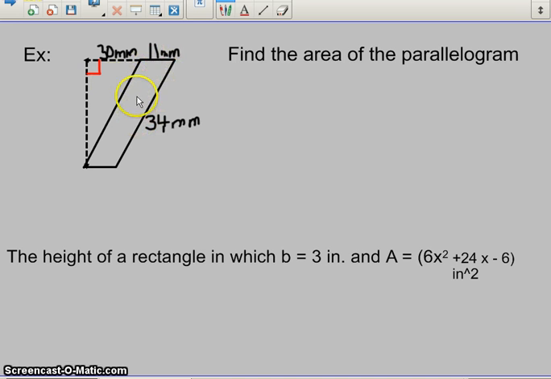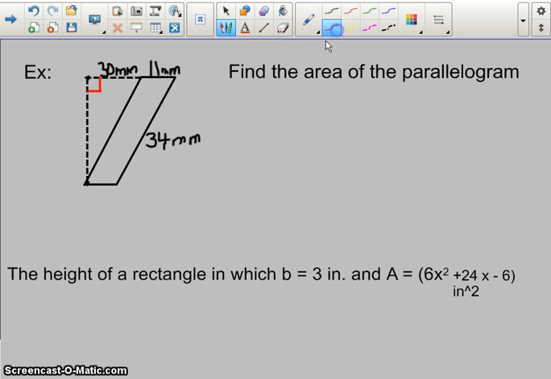We've got this parallelogram we're supposed to find the area of. We're given the base is 11, we're given this little length here is 30 centimeters, and we're given this, which would be the same as this length here, is 34. So it looks like we're going to have to use Pythagorean to figure out what the height of the parallelogram is. We're going to call this x. We're going to say x squared plus 30 squared equals